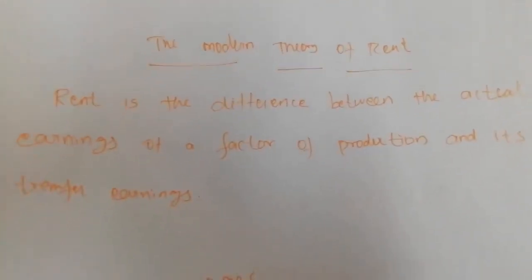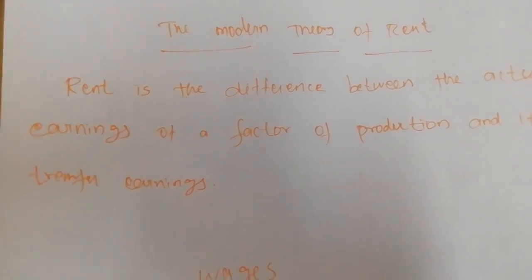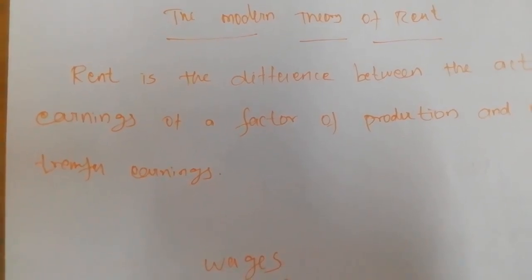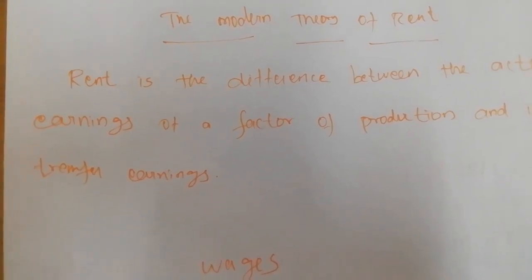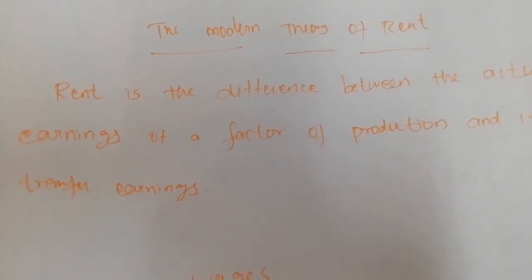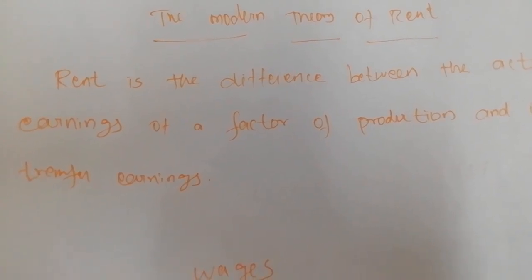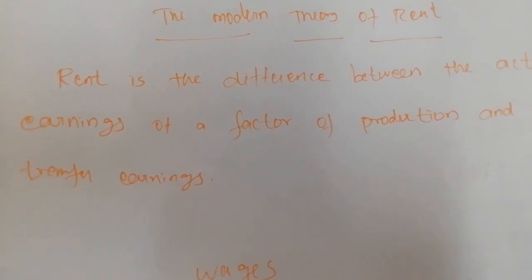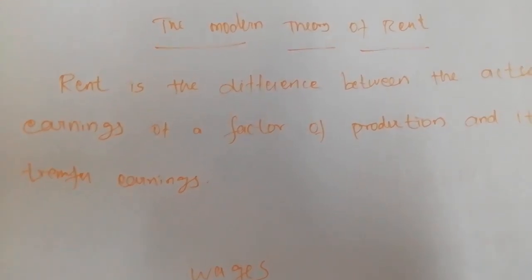Next is the modern theory of rent. The classical economist thought that land as a factor of production was different from other factors of production. So the classical economist thought that land only is the peculiar factor of production, unlike the other factors. But modern economists thought that all the factors of production are alike and there is no basic difference between them. Because we have studied, if you want to produce any commodity, the four factors of production